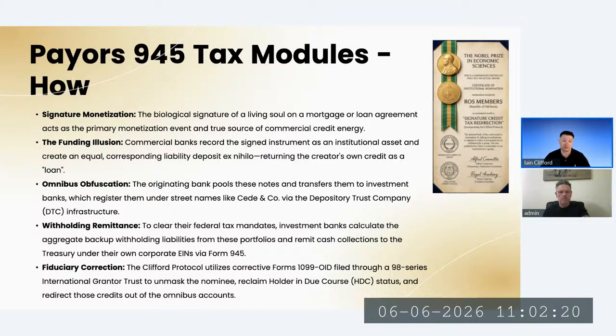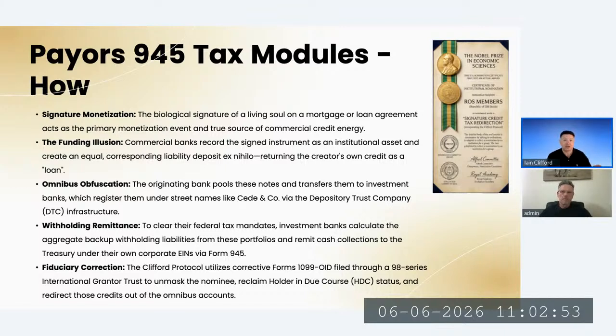And as you can see from the slide, the Depository Trust Company, where all the securities are registered, has a subsidiary called Cede & Company, where they give these bundles, these tranches of securities. I call them street names. They're just made-up names. But the giveaway is that the banks pay taxes using their EIN number, that's their employer identification number. There's a CUSIP number, which is the securities tranche reference number.